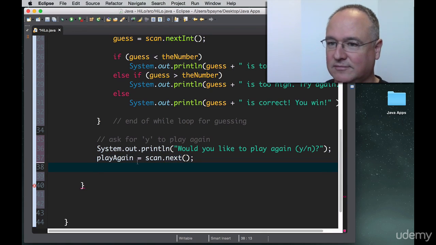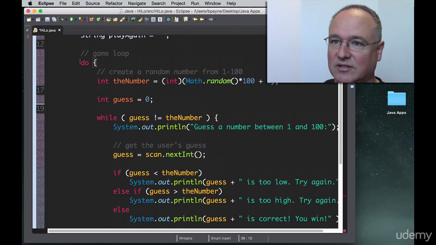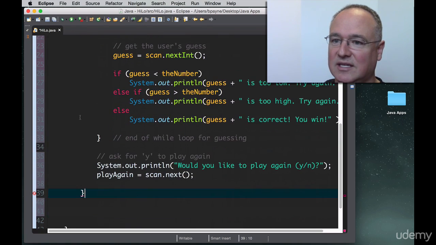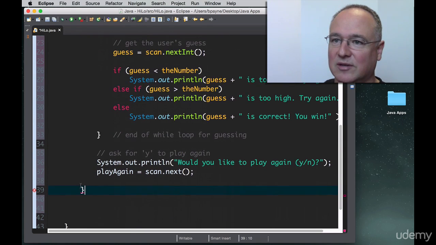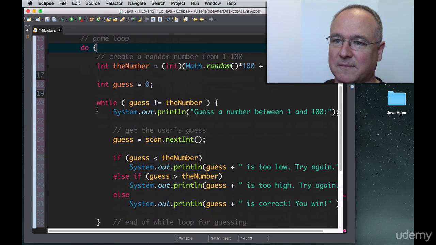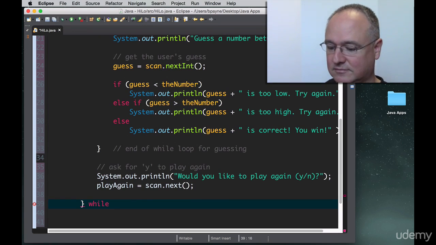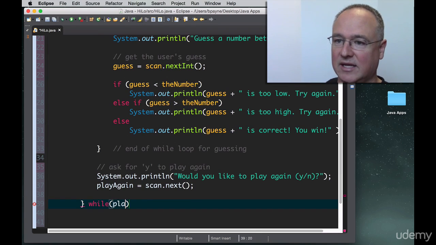And now we can fill in the rest of our do statement. So this is the end of our do loop. We can keep those lined up by just scrolling up and down here. We can see that when we're at this curly brace, the first curly brace lights up. If we're at this one, and we highlight it, the last one lights up. That lets us know that that's our do loop. And we'll do this while playAgain